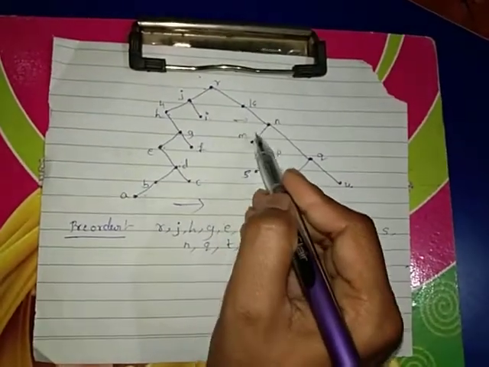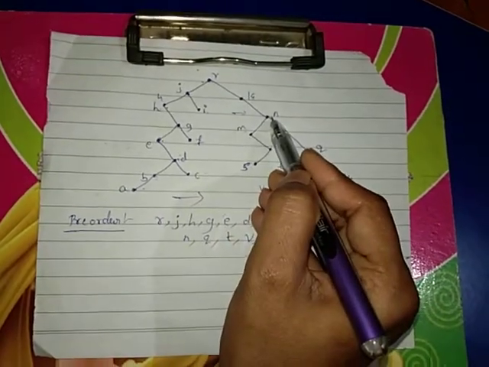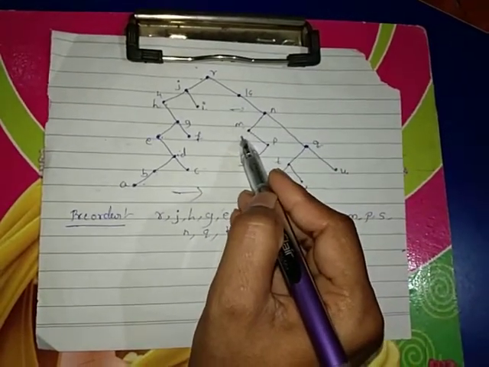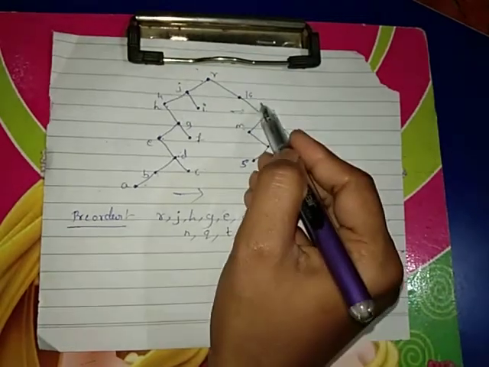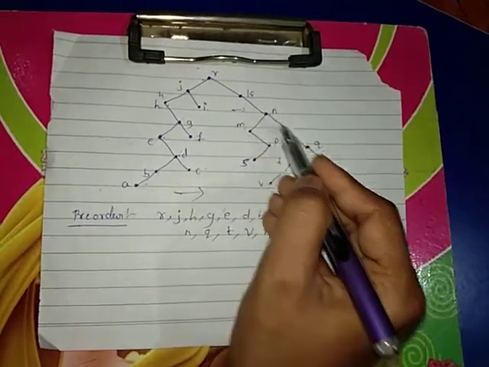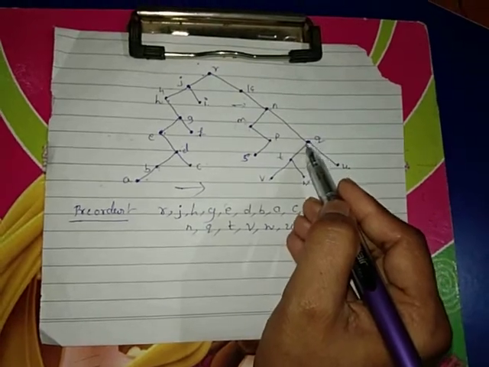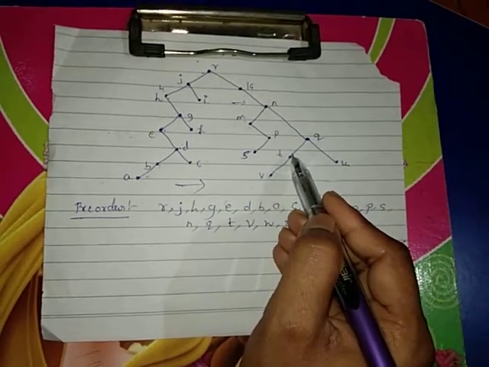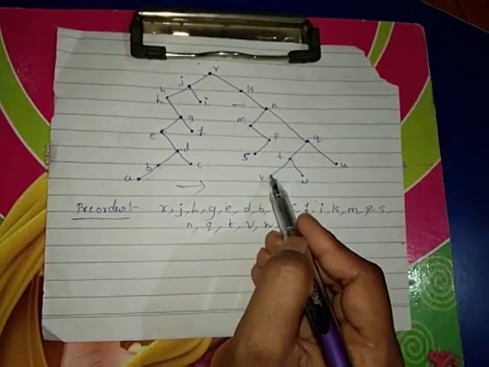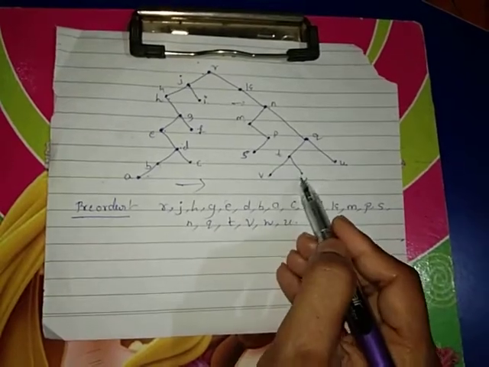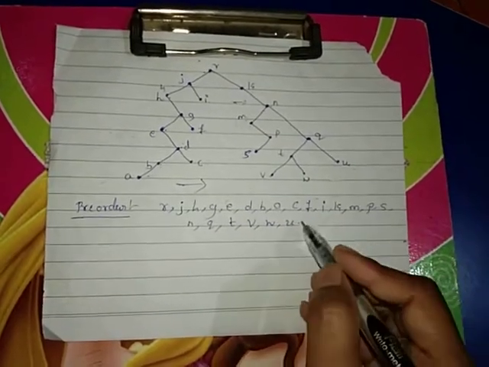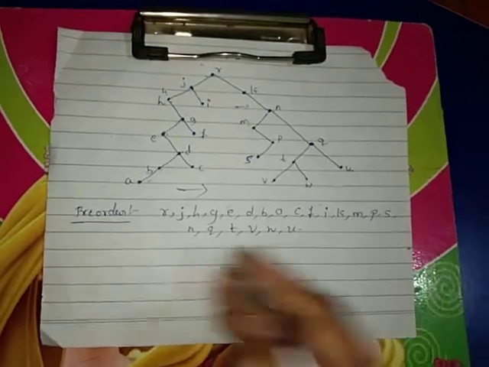In this way first we obtain the M and then we obtain N. So on the left side first we take M, P, S and then we move to the N. And again N is divided with a right side, that is Q. Again Q is divided into the left side, that is T. Again T is divided into the left side, V. So V, W, U will be taken at the end.